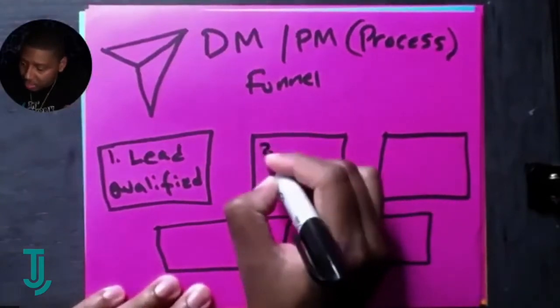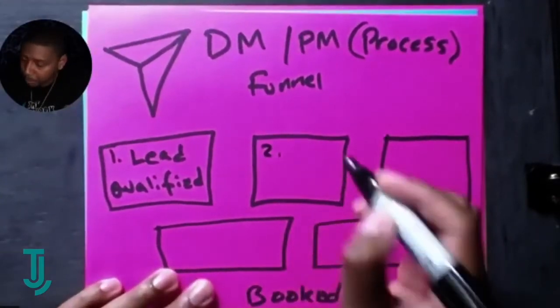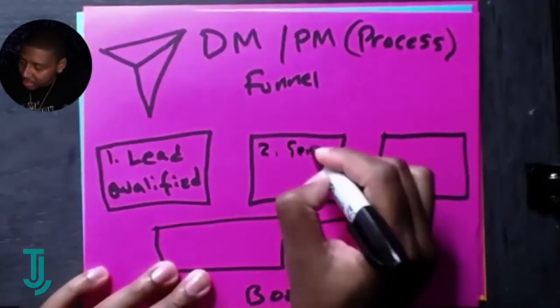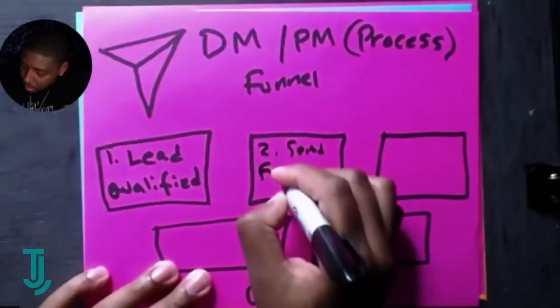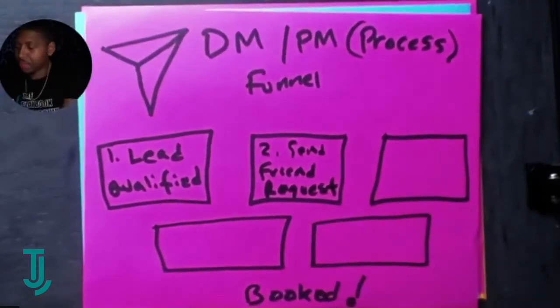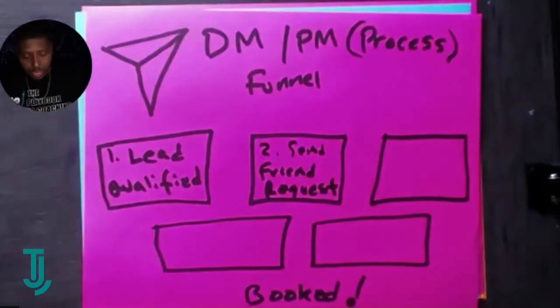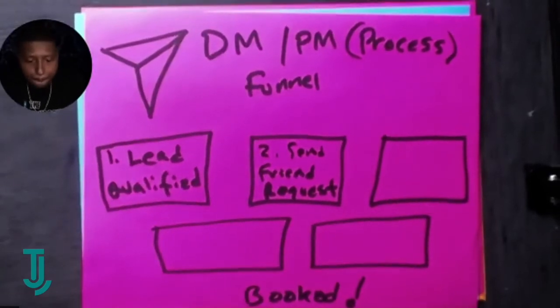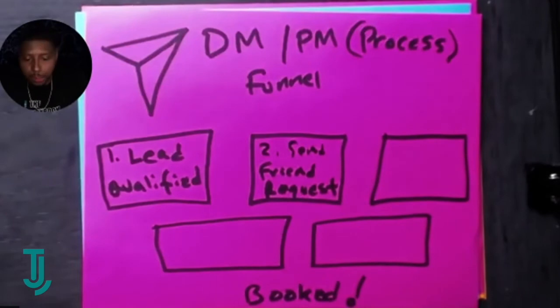Well, the second thing is, once you know what makes them qualified, you have to send a friend request. Send a friend request. Why do you think it's important to send a friend request and not just start sending random people messages? Why is it important? Facebook, Instagram, why shouldn't we just be sending people random messages? That's why it's important when we say put out content, because when you send a friend request, people are going to look at your profile.